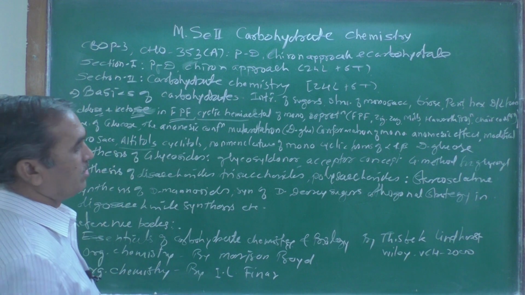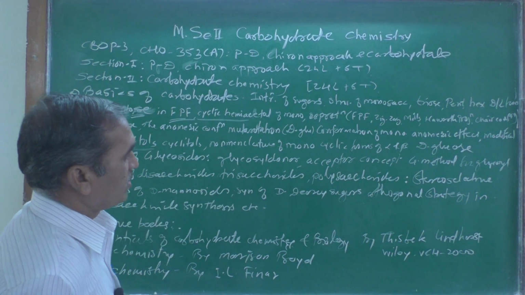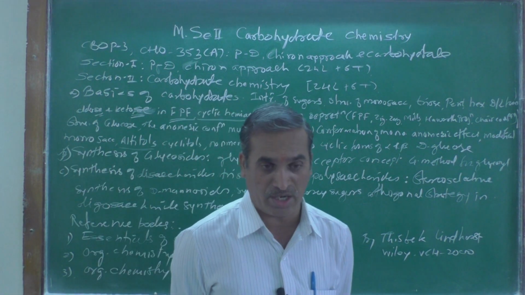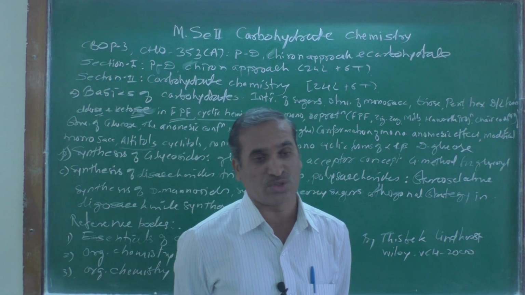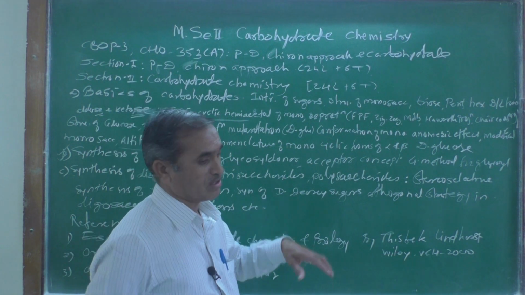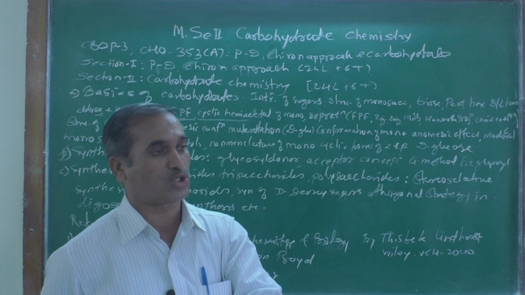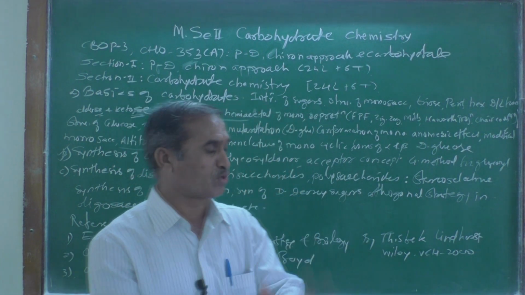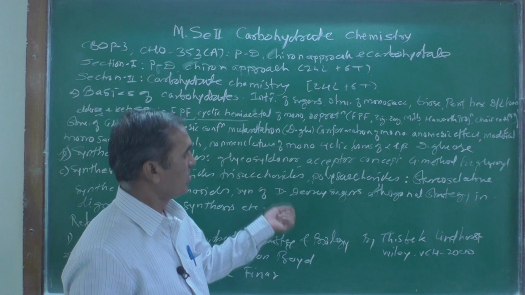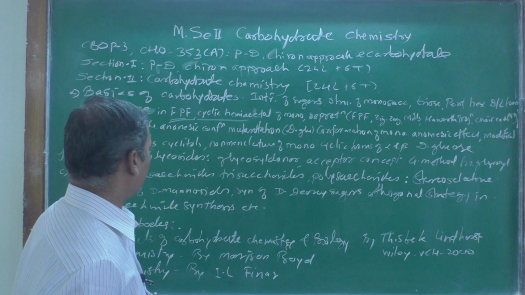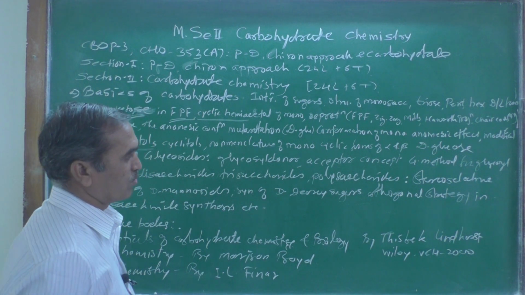Why only D-mannose? Then the synthesis of deoxysugar: as we know, in RNA and DNA, you might have heard these two terms, sugar units are present, and deoxy means at the 2 position the hydroxy group is not there, it is completely removed, and so that is termed a deoxy sugar unit. How it is formed, we are going to see.